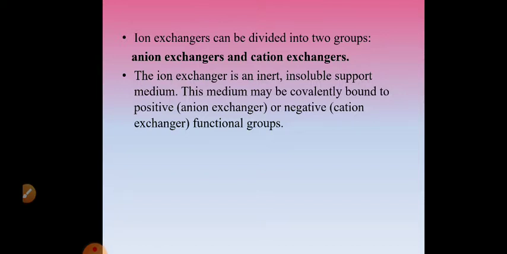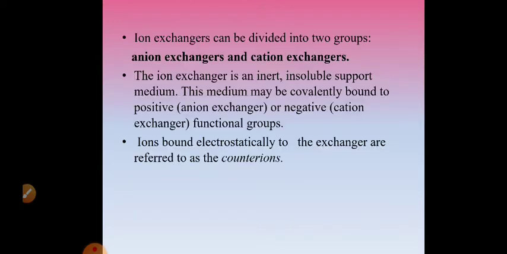They are called functional groups. An ion exchanger is an inert insoluble support medium covalently bound to functional groups. In an anion exchanger, the functional group is a positive ion. In a cation exchanger, the functional group is a negative